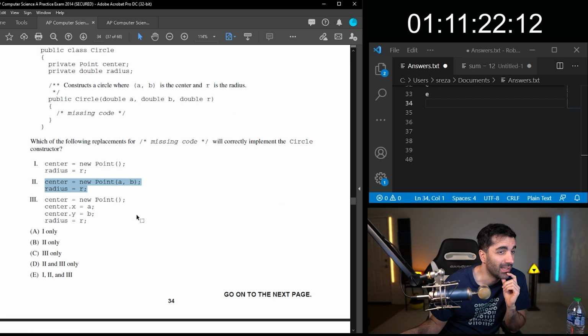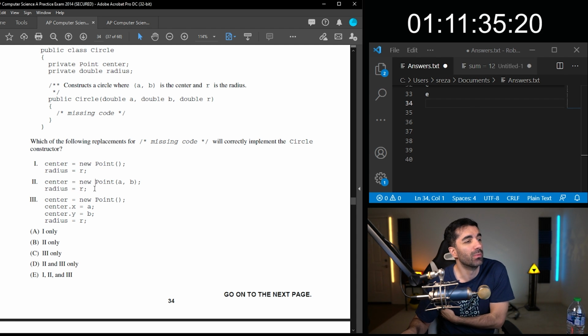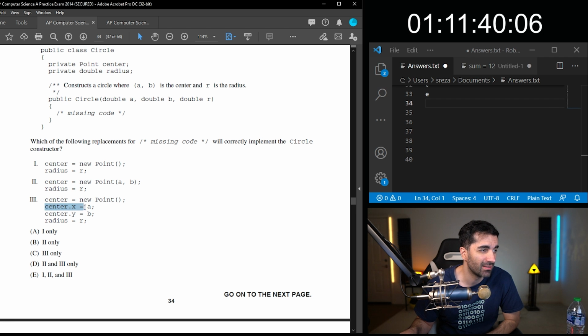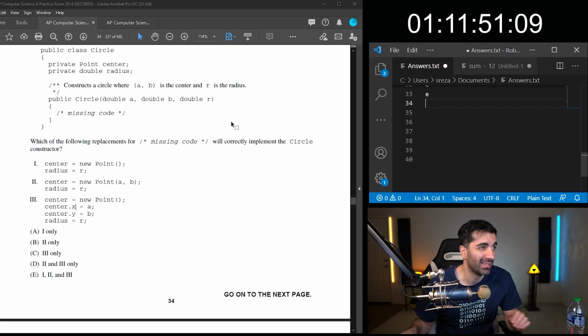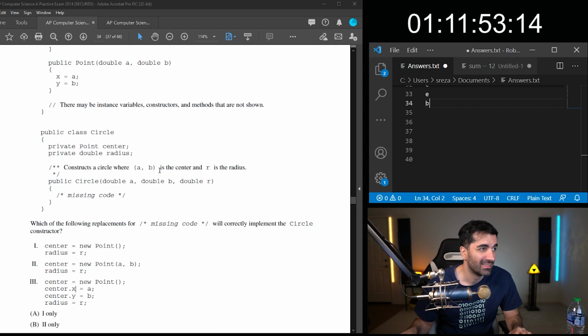I might have to make a guess on this one. I'm not sure why 1 and 2 wouldn't both work. And the only option with 1 and 2 is 3, but 3 has these private variables, and you wouldn't be able to access them. I'm gonna go with B, but this is a straight up guess.